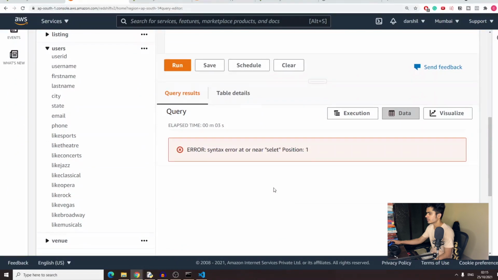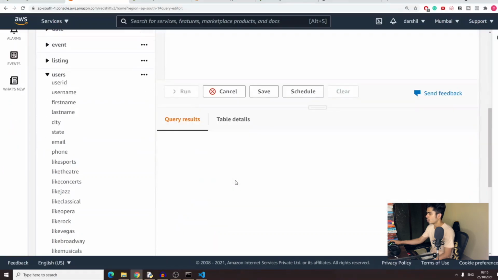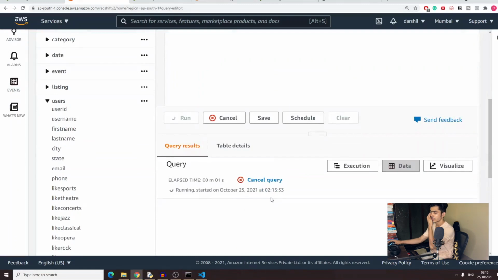You should be able to see the query is running. Currently it is running on one node, so it is going to take some time to run, and this data is quite big also. So let's wait for that, and till then we're going to look into the further side